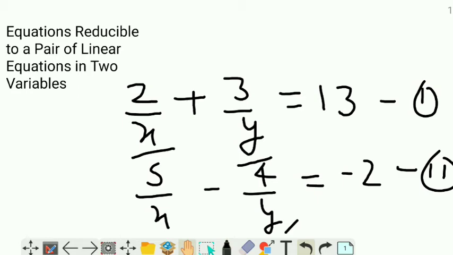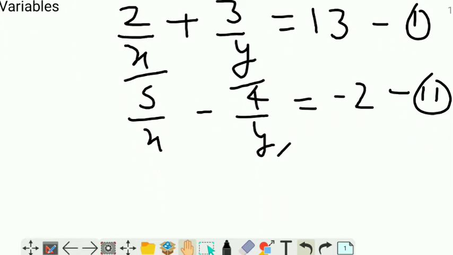So our topic is equations reducible to a pair of linear equations in two variables. It means we need to learn how we will first convert these equations into the standard form of a pair of linear equations in two variables. It is so simple, you can learn it in only 1 minute. So here it is 1 upon x, it is 1 upon y, it is also 1 upon x, it is also 1 upon y. So we can let